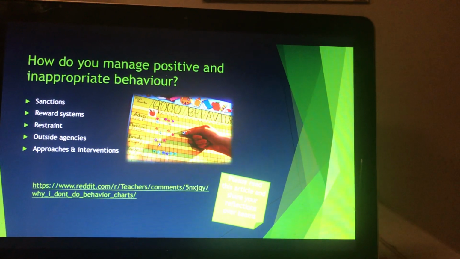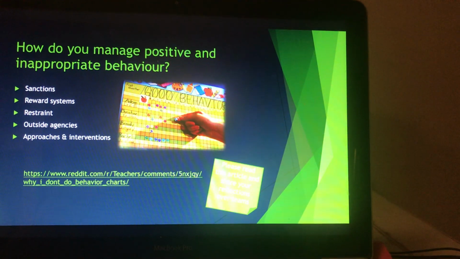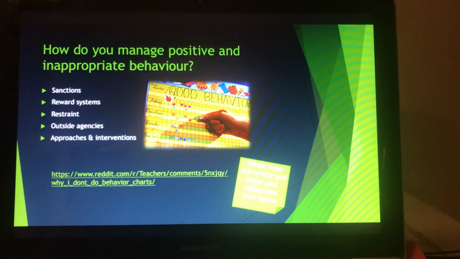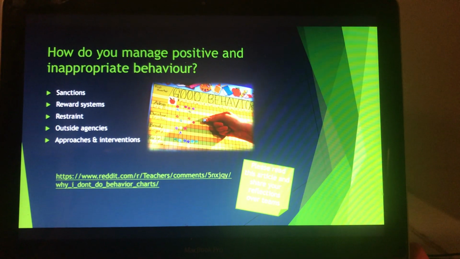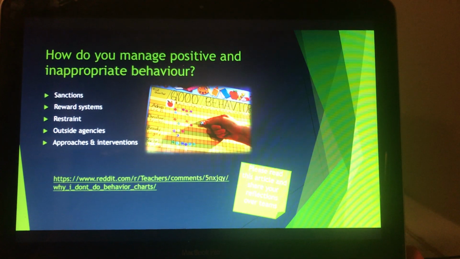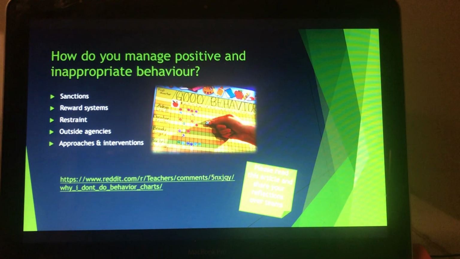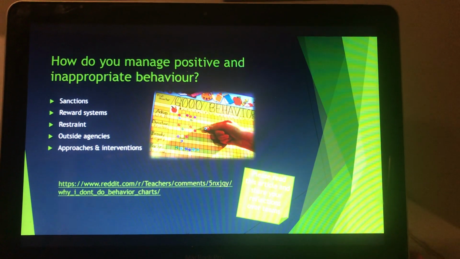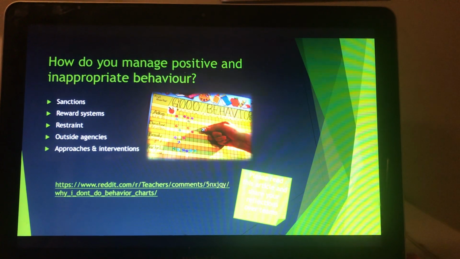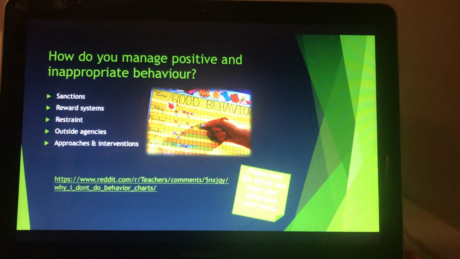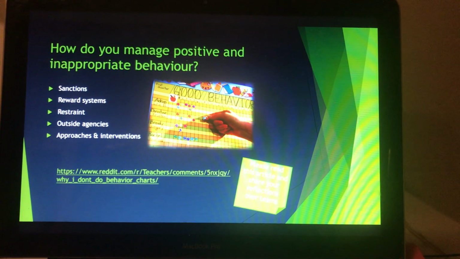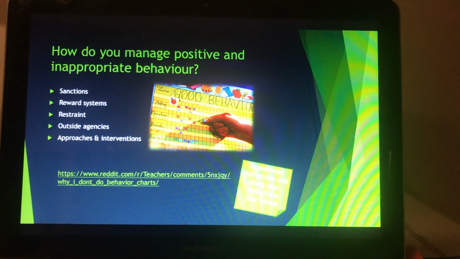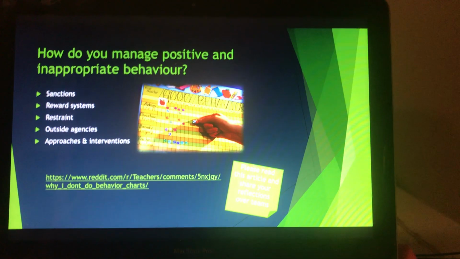I also like to put a cat amongst the pigeons and say that very often we are rewarding expected behaviour. Very often. My biggest bugbear of all time is the reward for attendance. For a lot of children, it's impossible for them to get 100% attendance, and actually that's because of their additional needs. Maybe they need to go and see an occupational therapist, maybe they can't attend because they have a special educational need or disability or medical condition that means they're off school for a little bit often.